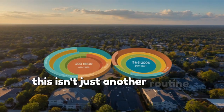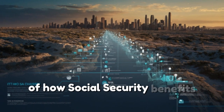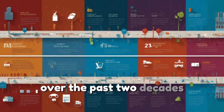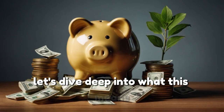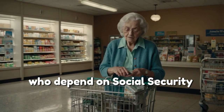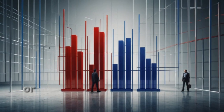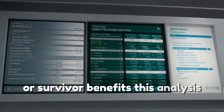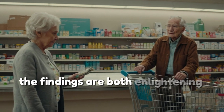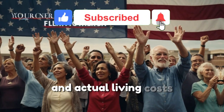This isn't just another routine update. It's a comprehensive examination of how Social Security benefits have failed to keep pace with real-world expenses over the past 2 decades. Let's dive deep into what this means for the over 65 million Americans who depend on Social Security benefits. Whether you're receiving retirement benefits, SSDI, SSI, or survivor benefits, this analysis touches every aspect of the Social Security system. The findings are both enlightening and concerning, showing how the gap between benefits and actual living costs has steadily